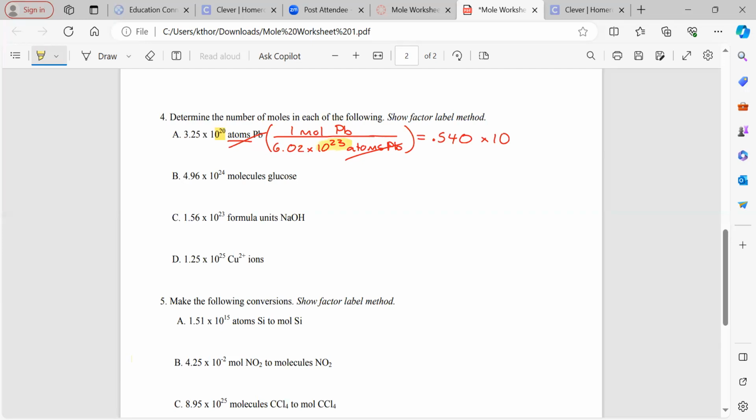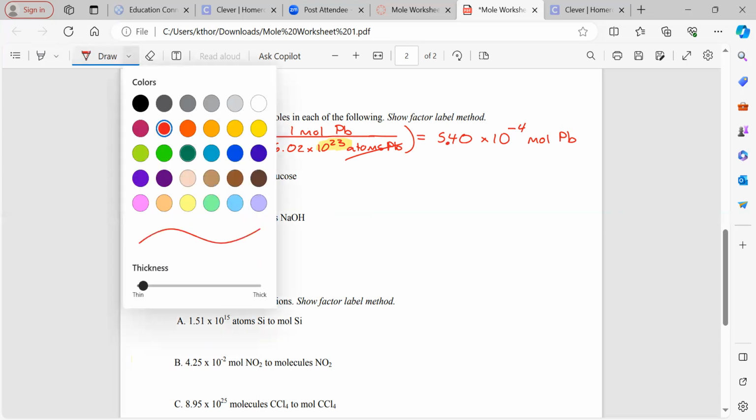So 20 minus 23 is -3 moles of lead. But obviously that's not proper scientific notation, so I need to move the decimal 1 to the right. So the number is going to become reduced. So it's going to be 10 to the -4. So your new value is 5.40 times 10 to the -4 moles of lead. Next,